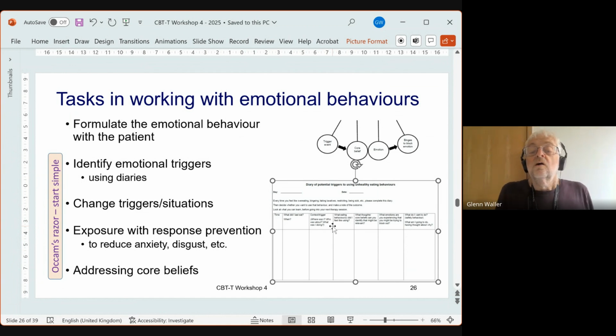So we start out by saying, okay, I get it. We can identify the trigger fairly easily. We can identify the outcome fairly easily. But we're going to have to help you understand the core beliefs and the emotions. So those are going to be things that we move on to when we are looking at core beliefs as part of this process. But if we can identify the problem is more about anxiety, we might be doing exposure